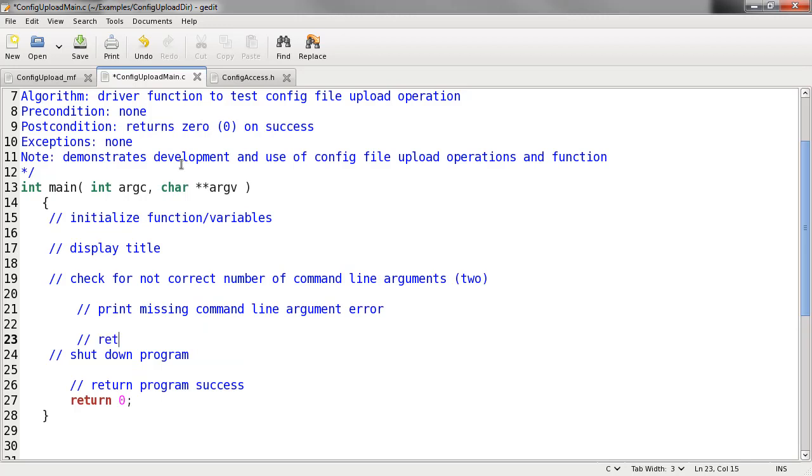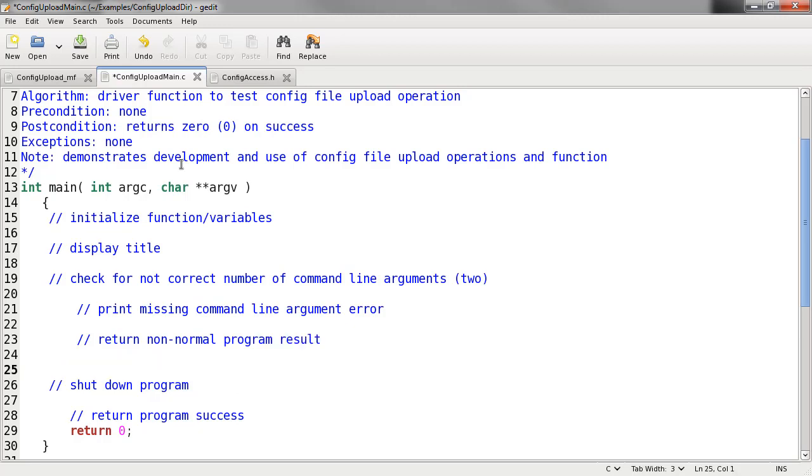So we will return non-normal program result, which is anything but 0. So that will just get us out of the way. We check for the not correct number of command line arguments. We print the missing command line argument error, 2 or 3 lines of code actually, and then we'll return the